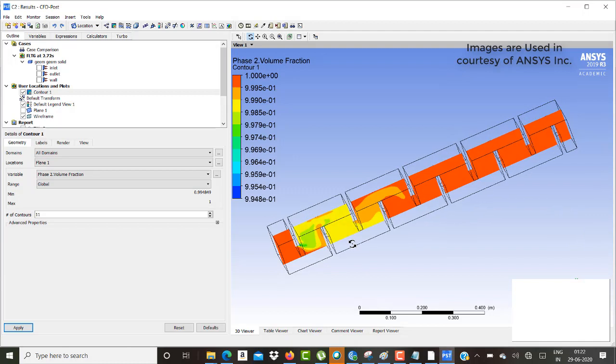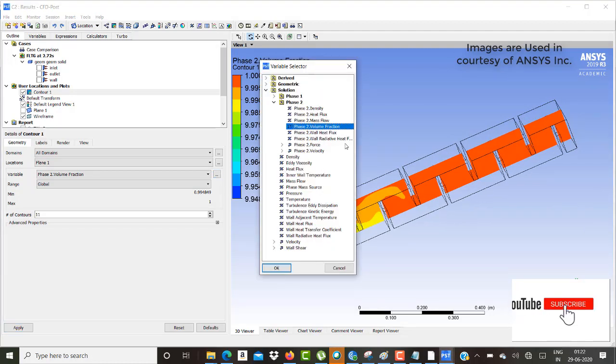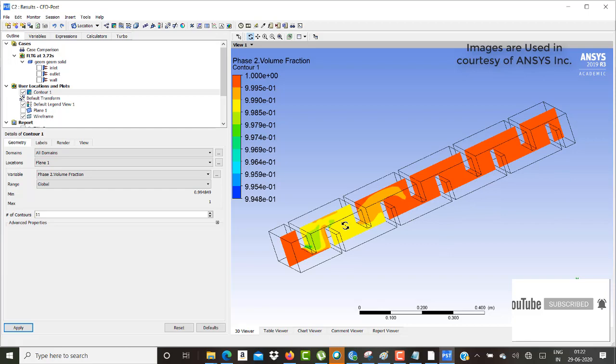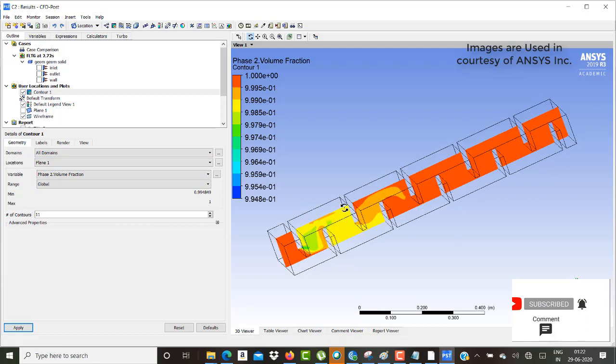So you can see here, inside phase 2 again, there are two species. One is air, the other is water vapor. Now you can see this red color portion is mostly air, and in this portion you can observe that water vapor is turning into water. That's the reason why you're able to see this.